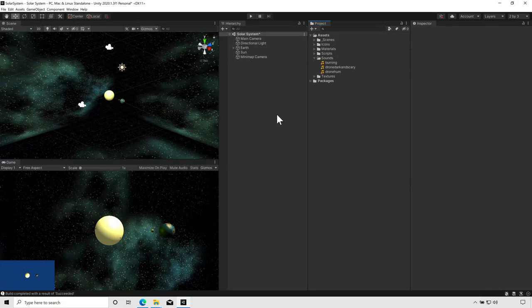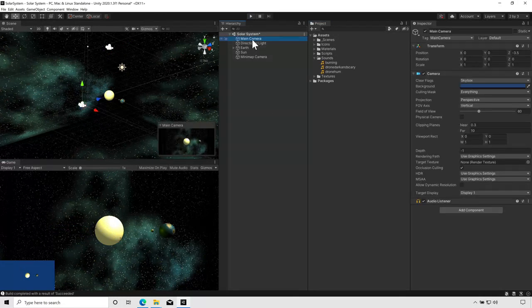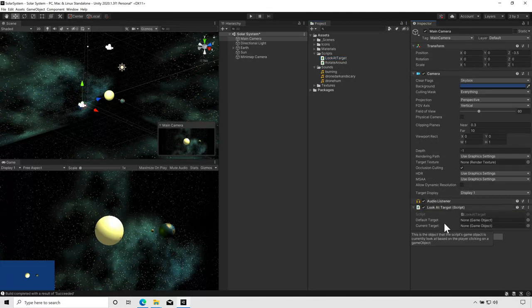Okay, the last thing that I want to do is I want to make my main camera controllable. So we actually included one other script in our project. It's the look at target script, and we can go ahead and attach this as a component of the main camera. So let me drag and drop it here on the main camera, and you can see it's got two properties it's requesting. The default target